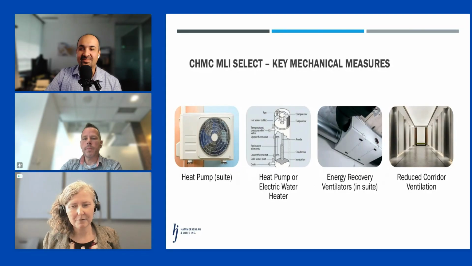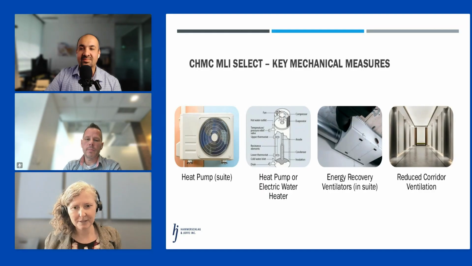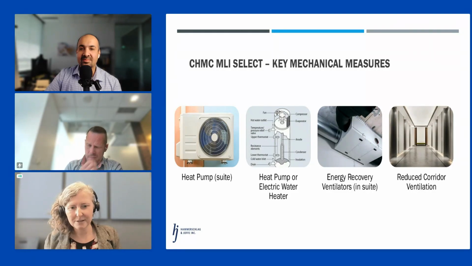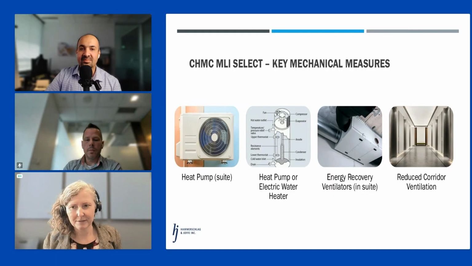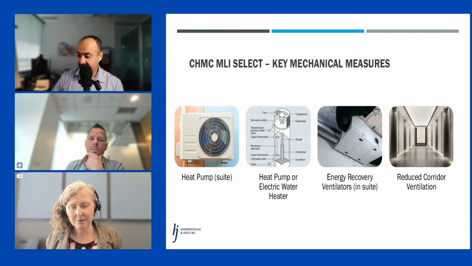So I'm going to talk about 4 key mechanical measures today that I think most high performance buildings achieving a 40% target will have to include. 1 is heat pumps for heating. 2 is some element of heat pumps for domestic hot water. 3 is energy recovery ventilation. And 4 is reduced corridor ventilation. So these are the 4 mechanical measures that build on top of those envelope measures to give you a holistic